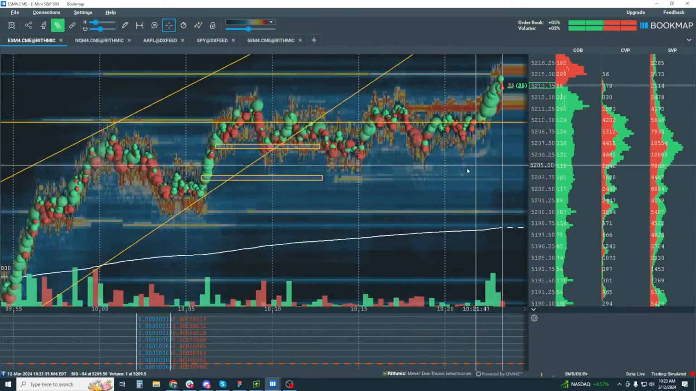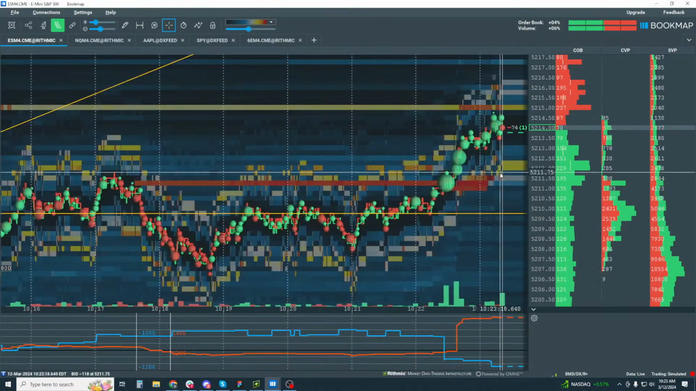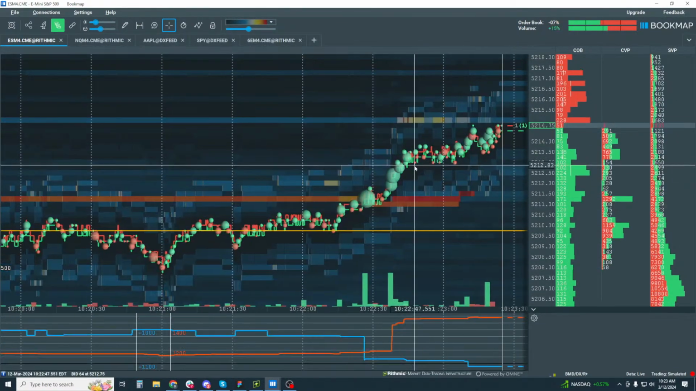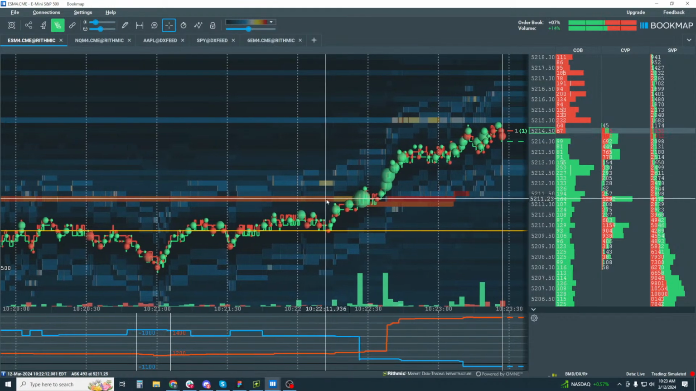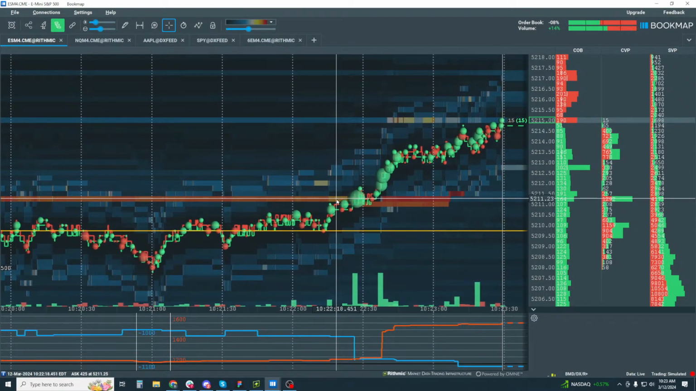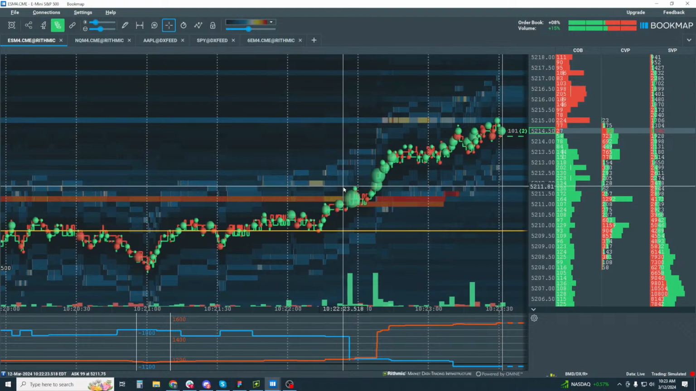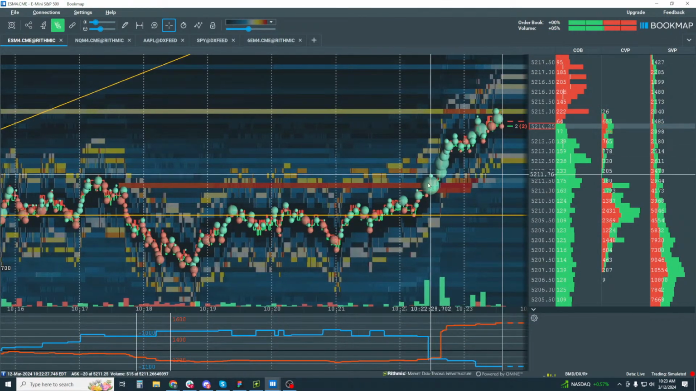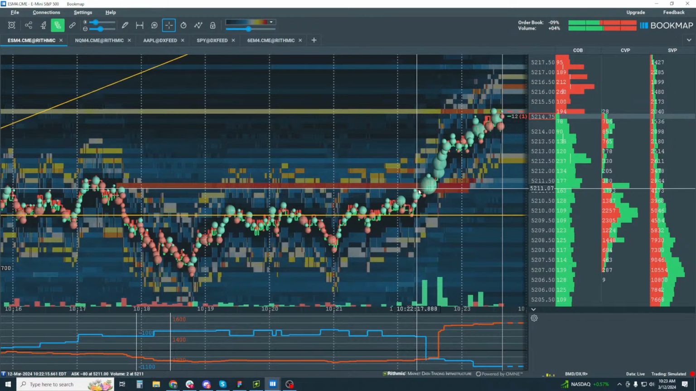Anyway, a nice flip of the book. In fact, it's a good example. I used to see it a lot more often. Right at the same price level, you can see the high liquidity that's filled. The flip, what is it? Behavior that is